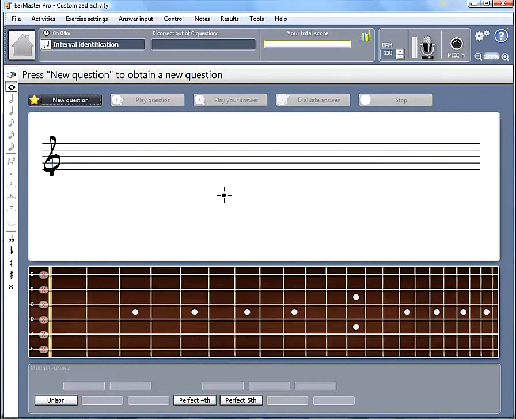Then looking into the rest of the screen, so here we've got a picture of the guitar neck. Obviously you've set it up as I suggested in the setup page. So when we're given an answer, that's going to be written here on the guitar neck so you could play it. So this is the thickest string, this is the thinnest string. And finally at the bottom we've got a multiple choice. So this part of the test is going to be multiple choice, and you've got the selection of unison, perfect fourth, or perfect fifth. Okay, so what we're going to do is we're going to hit new question,